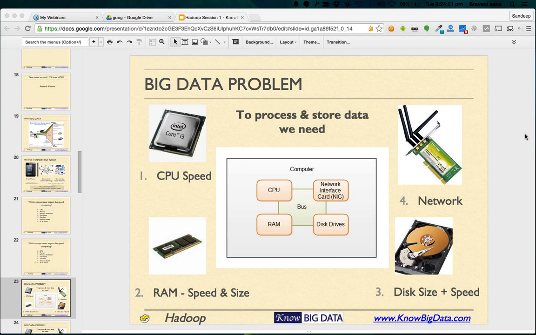But when we deal with high velocity of data, it is the RAM which becomes the bottleneck, and it is the network which becomes the bottleneck in case of a large number of requests per second you receive. Other than disk speed, disk size is also a very important criterion, because if the disk size is small, then you will have to put your data on the network. And the network is generally slower than the disk. Therefore, your computing speed will get further slowed down.